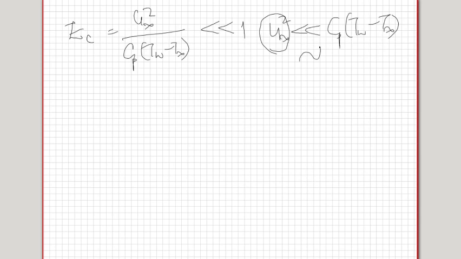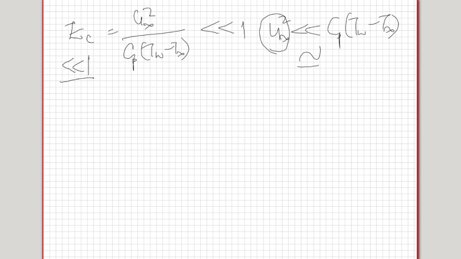But in high speed flows, that is flows that get closer and closer to sonic velocity or higher than sonic velocity, those flows would substantially contribute to the changes in temperature. So the compression that happens due to the changes in pressure in the flow would be enough to cause changes in temperature, and therefore the pressure work would be significant. So pressure work is significant if u squared is of the order of Cp times (T wall minus T infinity) or higher, whereas when u infinity squared is much less than this, that is when the Eckert number is much less than 1, then the pressure work is negligible.